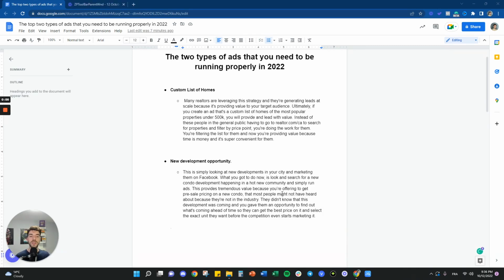So ultimately, if you create an ad that's a custom list of homes of the most popular properties under 500K, you'll lead with value like I just said before. Instead of these people in the general public having to go to realtor.com, realtor.ca, or Zillow to search for properties and filter by price point, you're doing the work for them. You're providing a list of homes already in their city under a certain amount,